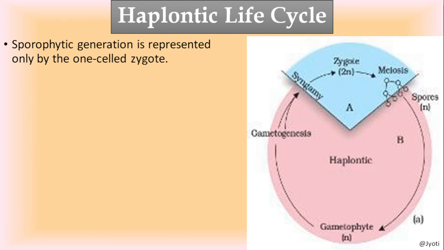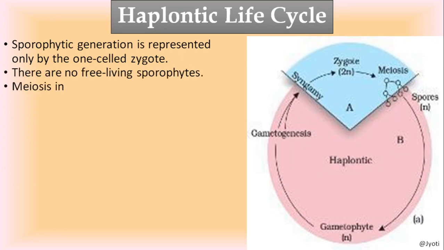Now, we'll discuss different types of life cycle. There are three types of life cycles, that is haplontic life cycle, diplontic life cycle and haplodiplontic life cycle. So let us discuss these life cycles one by one. Let us first discuss the haplontic life cycle. So as you can see in the picture,